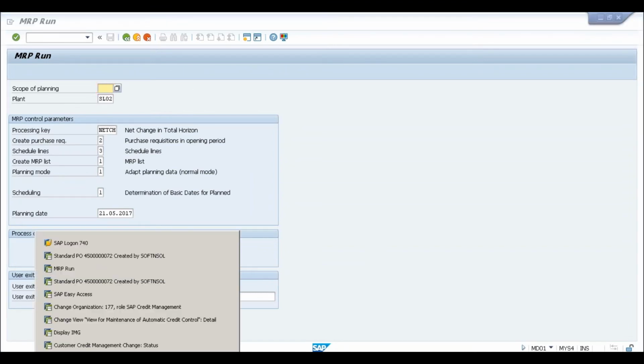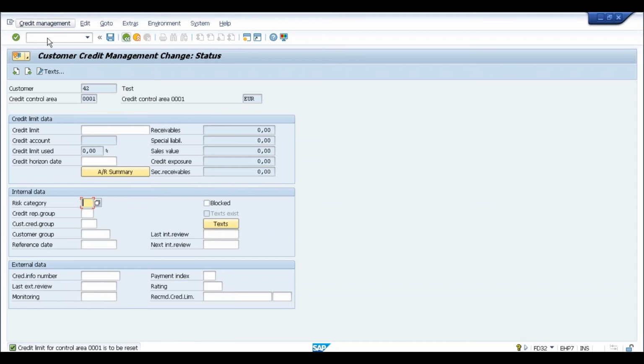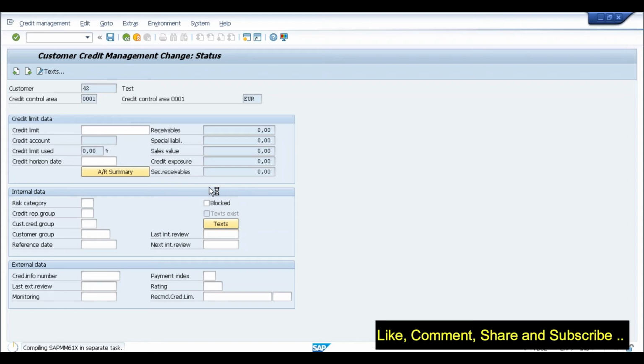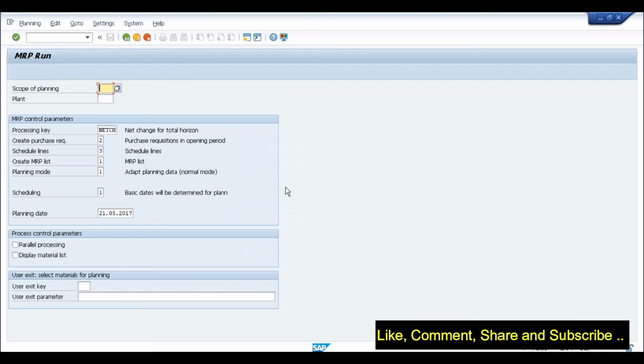Let me open ECC also here. Okay, this is my ECC screen. If I open MD01, now let me see if this is also on HANA database or what.